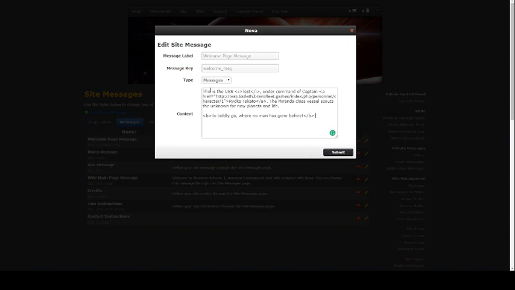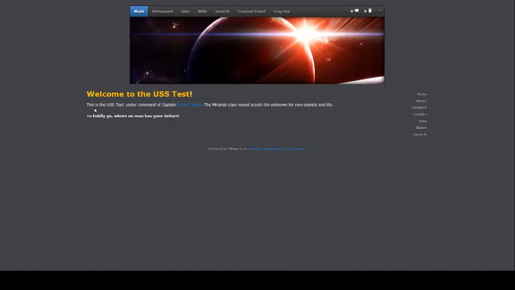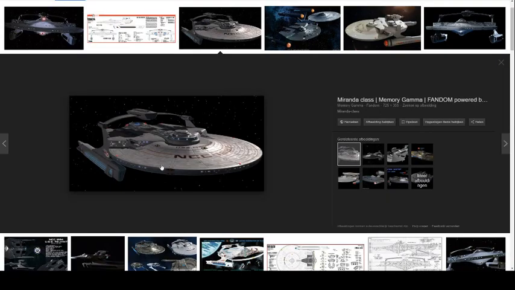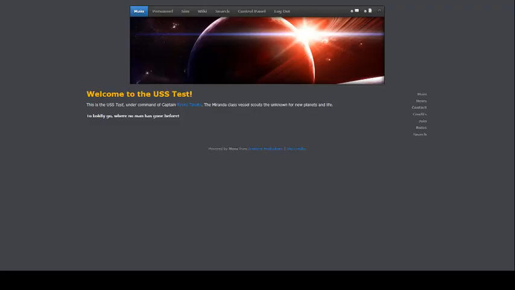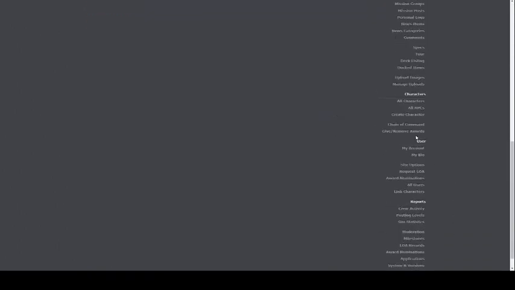As you can see, I made this text and submit it, and voila, I got a text. But I also want an image. Let's say that the user's text is a Miranda class, so I picked this image already. Go towards control. When you've got an image, go towards